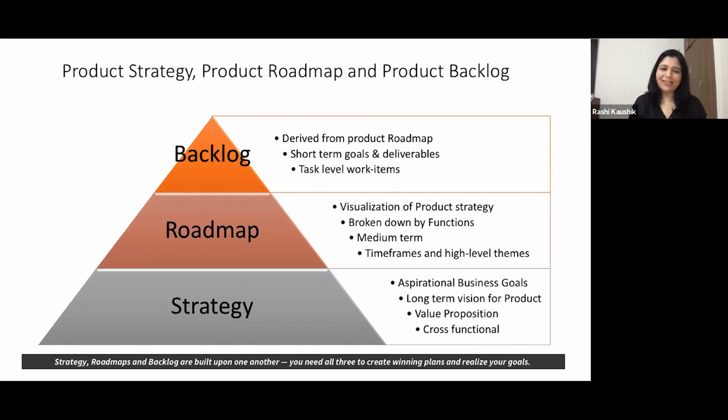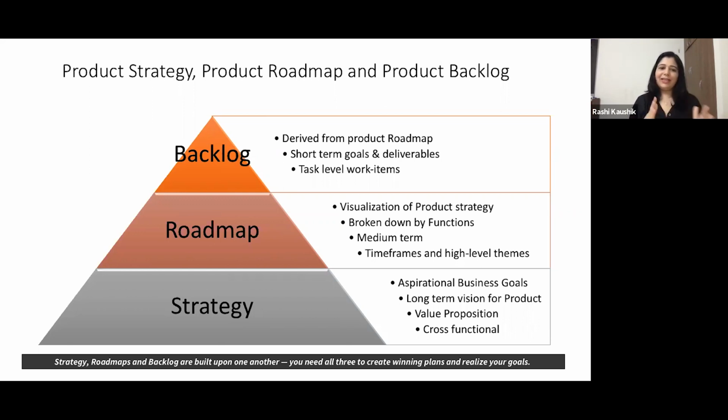Now, on top of it sits the product backlog. As you can see, the product backlog is derived from the roadmap, and the backlog has the task-level details required to execute on the strategic plan set forth in the roadmap. A quick glance at your backlog should convey what's next on your development team's to-do list as they execute on the roadmap's big picture vision. Typical items on a backlog will include your stories, your bug fixes, your platform enhancements, and so on and so forth.